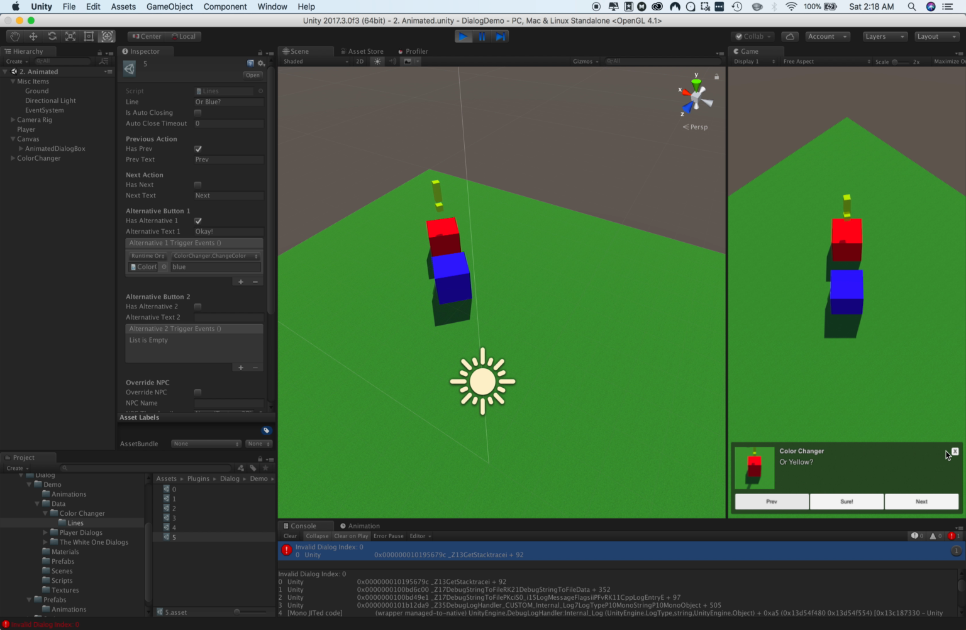Right, so that's how you create a dialogue and lines, and how you call custom